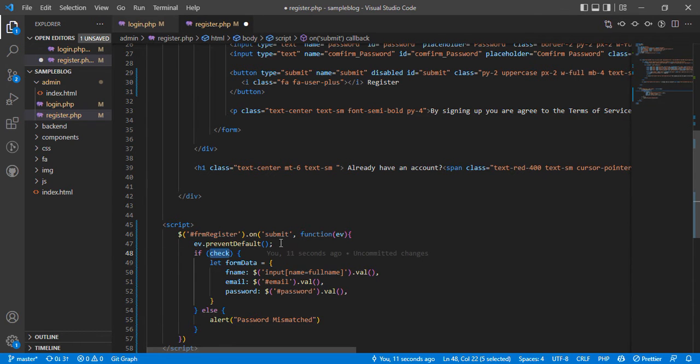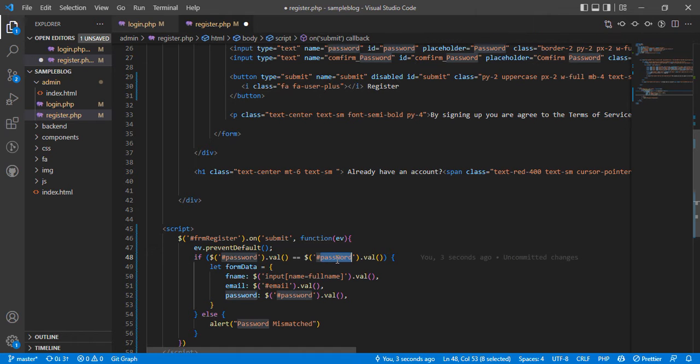Now for us to check here, we have to check the value of the password against the value of the confirmed password, like this. And there's something we need to do here again, because if both of them are empty, they are the same. You understand? So we have to do something like this. If the password is